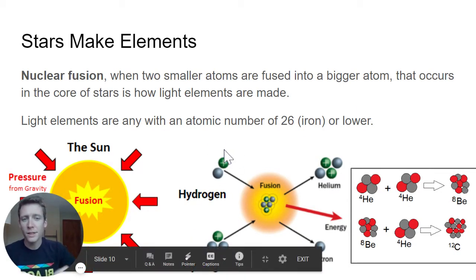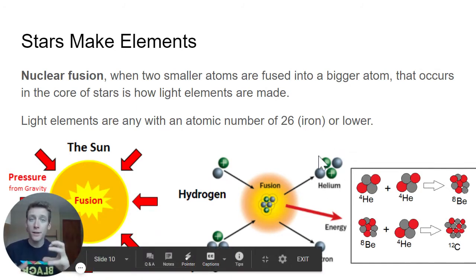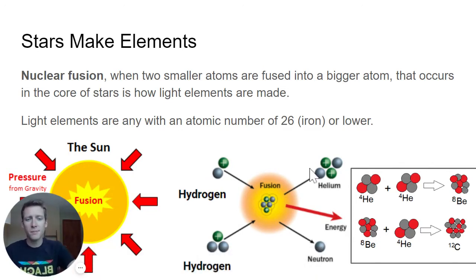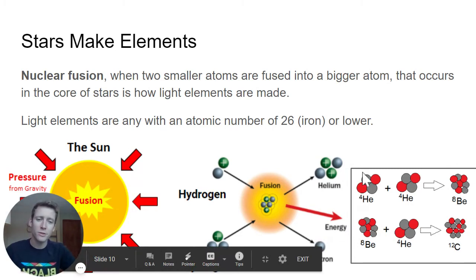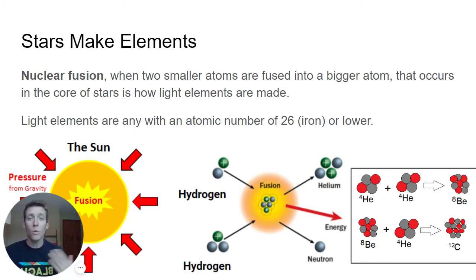2 hydrogen atoms in the core of a star, when that gravity is so strong, and it has to be really strong to force 2 atoms together. When it is that strong to overcome the force of repulsion that atoms normally have with each other, they fuse. And what we get out of that is a new atom, a bigger atom that contains all the parts of those 2 original atoms, and some leftover energy, maybe a leftover neutron or another leftover particle if there were a lot. That energy is what we feel as heat and what we experience as light on Earth.